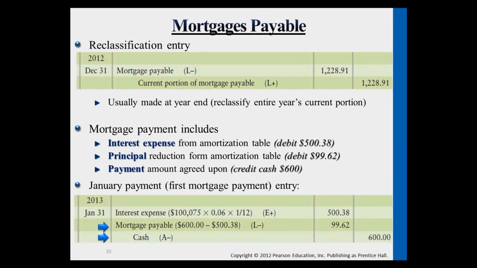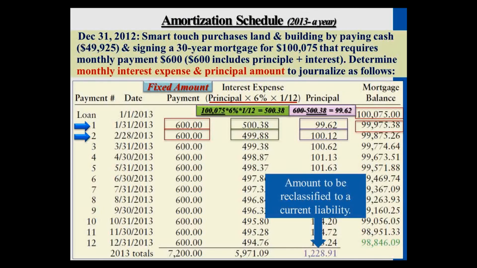So that means, based on that amortization schedule, we're allocating the cost of the mortgage every single month. The first step would always be to calculate the interest expense first, and then whatever is left goes into the principal amount that we're paying off. So every month we journalize this entry. The right-hand side cash will always be $600. The left-hand side accounts will always be these two, but the numbers are slightly different. Okay, so if we go back to the schedule, the second month we'll be debiting $499 of interest and principal $100. The third month we'll be debiting $499 of interest, 38 cents,